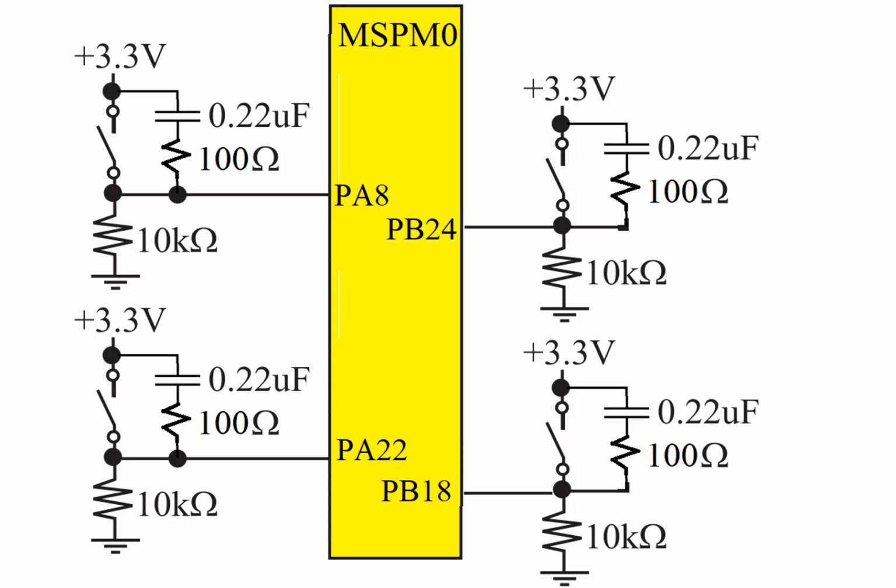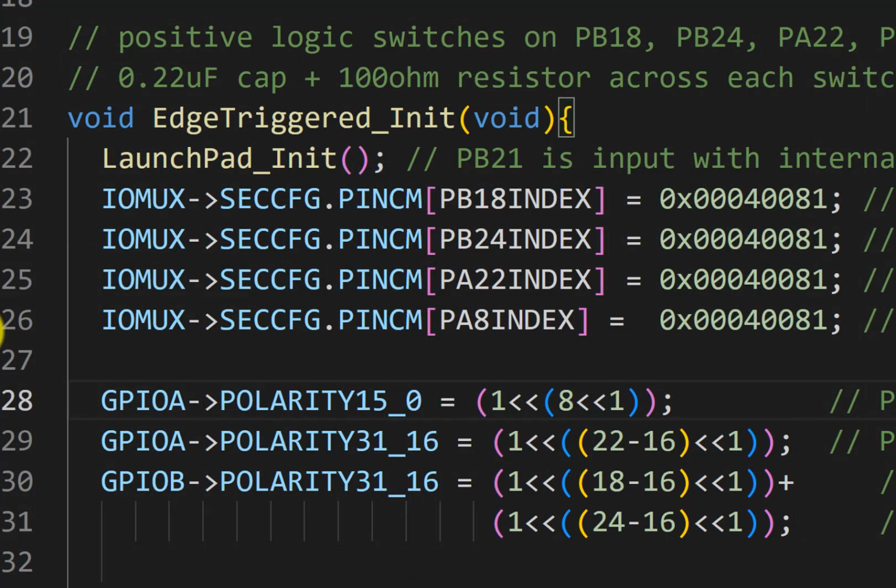What Ramesh has built for us are 4 switches tied to these 4 pins, PB18, PB24, PA22, and PA8. And since they're positive logic switches, we're going to have an interrupt on the rising edge. Okay, so the first lines here, 23 through 26, are just setting up a regular input. Now, for each edge-triggered interrupt,